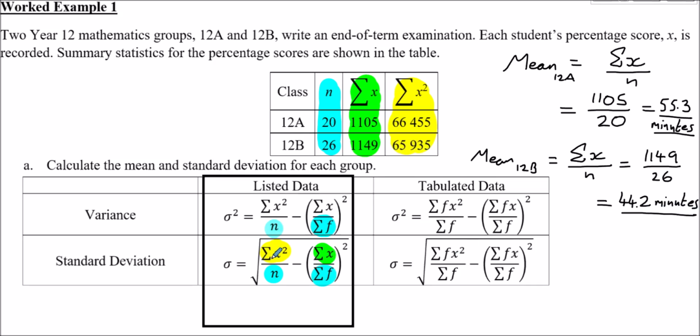Next, we need to work out the standard deviations for each class. So let's do this first of all for 12a. Now for 12a, I'm going to use the formula as it's given. I'm not going to use the rounded values for the mean. So we're going to do the sum of x squared, which is 66455, all over n, which is 20. I'm going to minus sum of x, which is 1105,